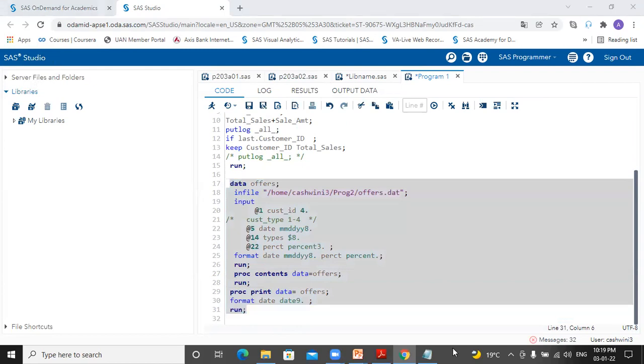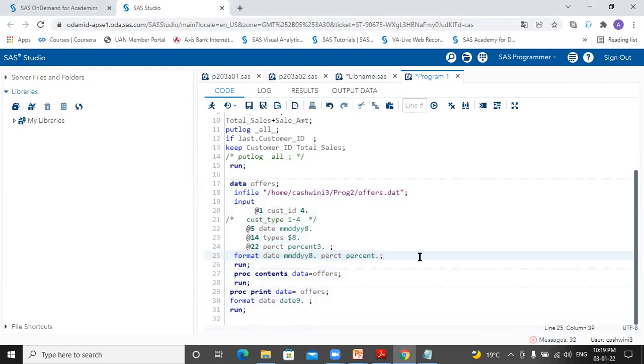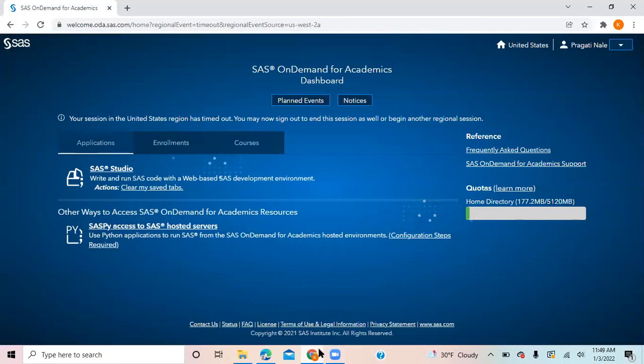We have to create this, or is it in the number in our demo? Yes. So remember, can anyone share your screen? Yeah, sure. Come to your Studio.